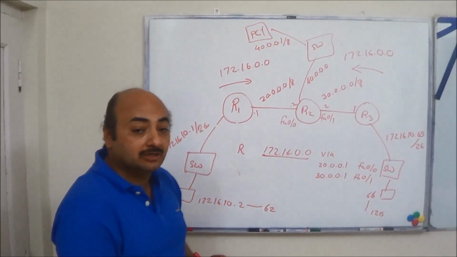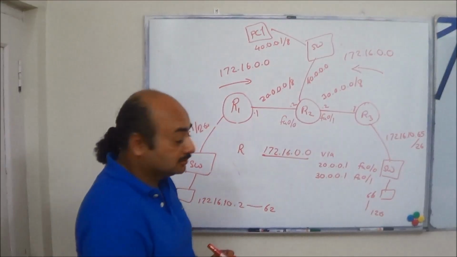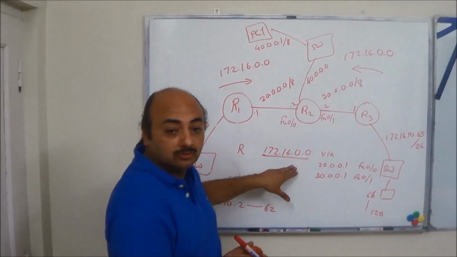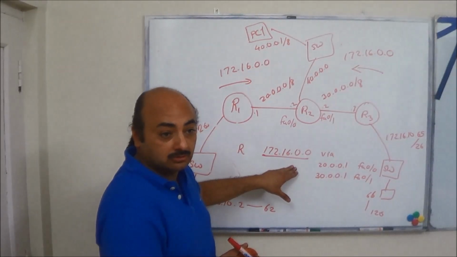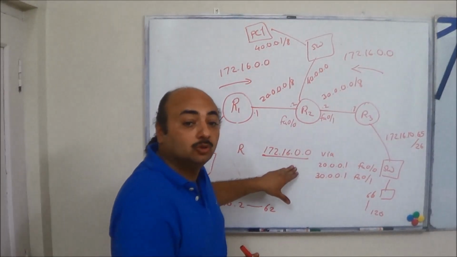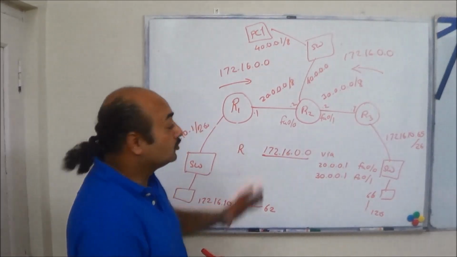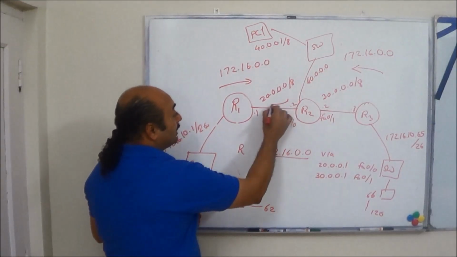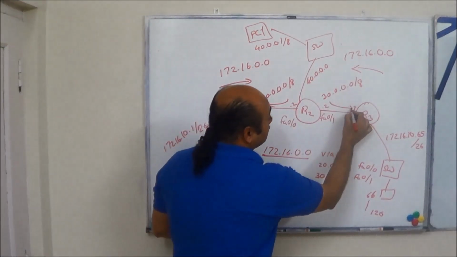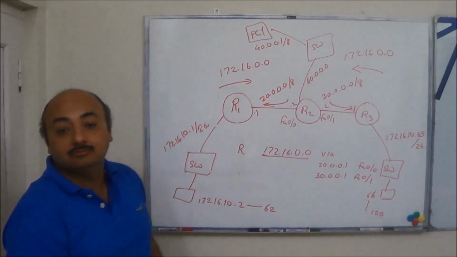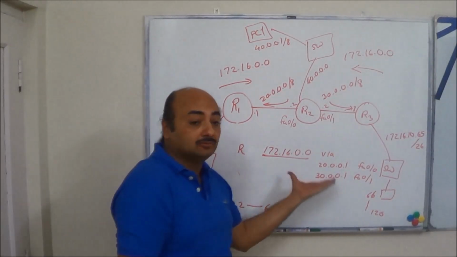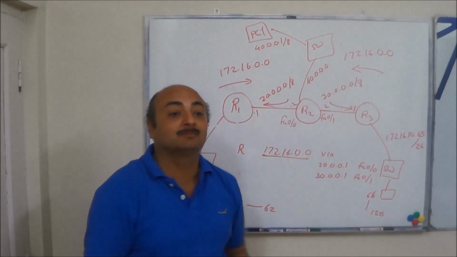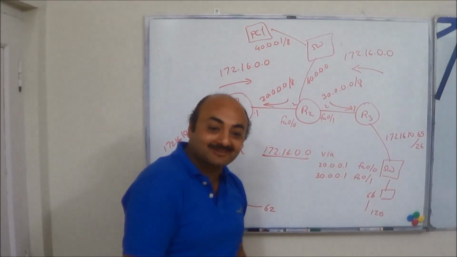It says, okay, which network does it belong to? Does it have any information on the subnetwork? No. So it says, okay, it belongs to these major networks, so let me load balance it. Suppose this is sending 10 packets. It will send 5 packets here and 5 packets here, just assuming that to this destination it can go via 2 paths. So it will start load balancing it.